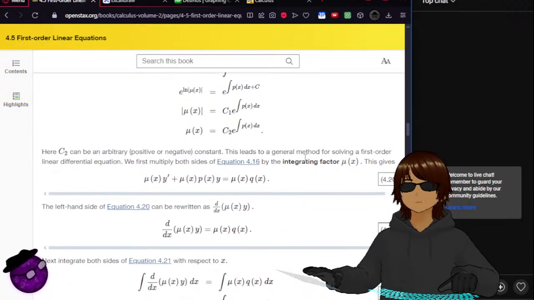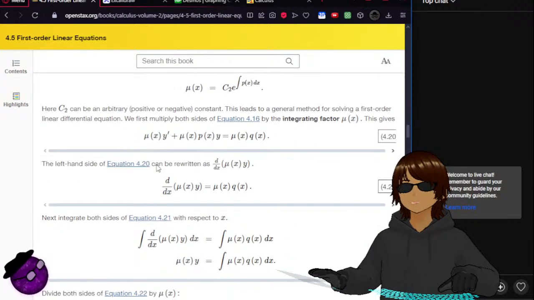This leads to a general method for solving a first order linear differential equation. We multiply both sides of equation 4.16 by the integrating factor u(x). This gives this. The left hand side can be written as